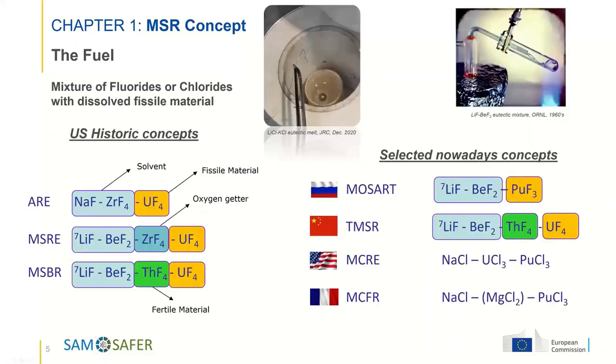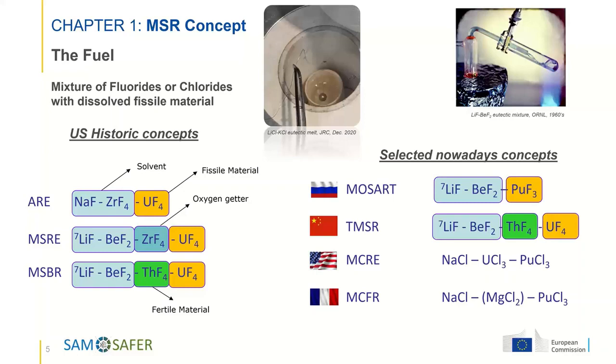And if you look at some of the key salts which nowadays, and also historically, have been studied or are considered today, we come down to what I already mentioned earlier: two big families, either fluorides or chlorides. The molten salt reactor is also quite a nuclear reactor concept where you can really play a lot with the salt. You can also play with the spectrum. Do you want to have a thermal reactor, or an epithermal reactor, or rather a fast spectrum? So the components are there to provide you with the choice